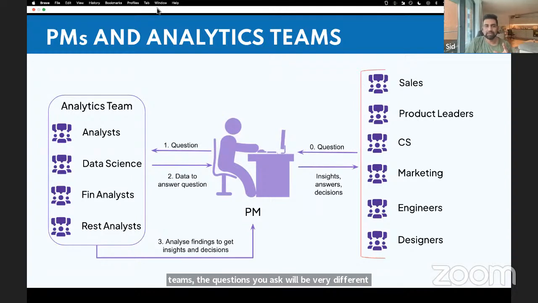What that means is, let's say you're in a fairly mature org where the left box on your screen has been in the company for a long time, and there are some senior analysts who are very experienced. Then you can ask high level questions, like, hey, I'm trying to look at opportunities for improving my retention. Can you help me understand what I should do? In that case, the senior analyst will create a couple of hypotheses. They will analyze a lot of data from different lenses and try to come up with some potential answers, and then together you dive deep.